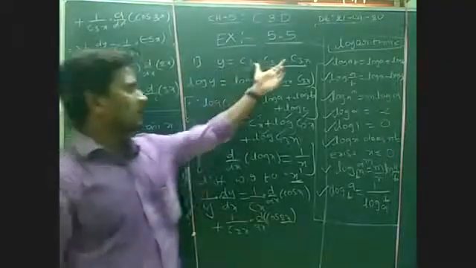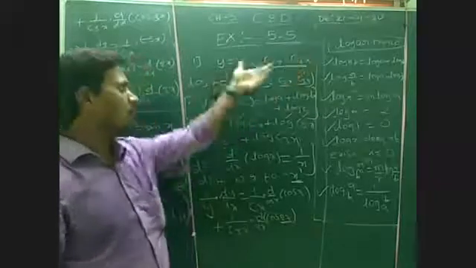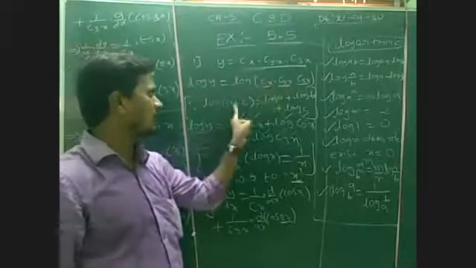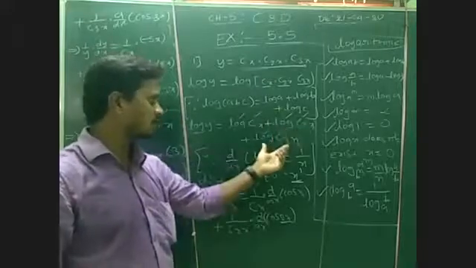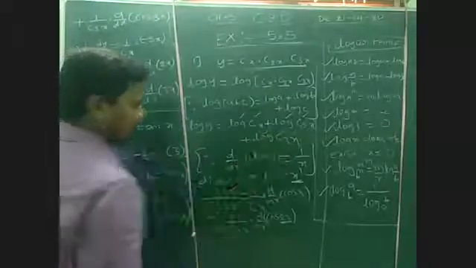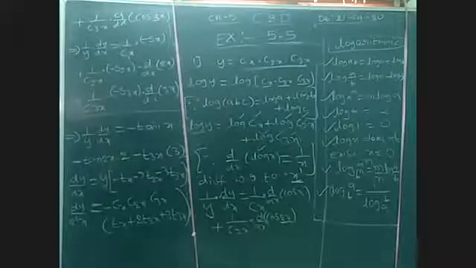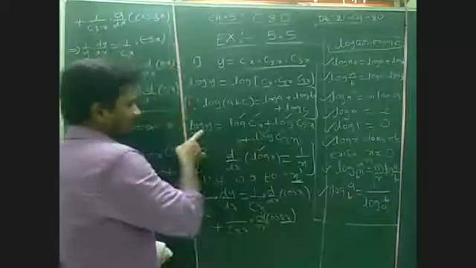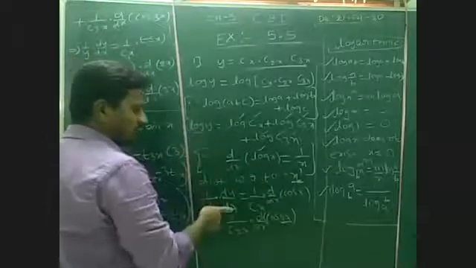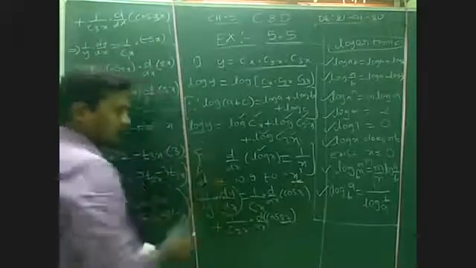Very simple. Here there is a product of three functions, so apply the logarithmic formula: log on both sides, then we get log y is equal to log of this function. This is in the form log ABC, which is log a plus log b plus log c. After that we can differentiate. We already know that the derivative of log x is 1 by x. So with respect to x, log y gives 1 by y, and again the y derivative dy by dx. You should write this, it is very important. They are asking dy by dx only.